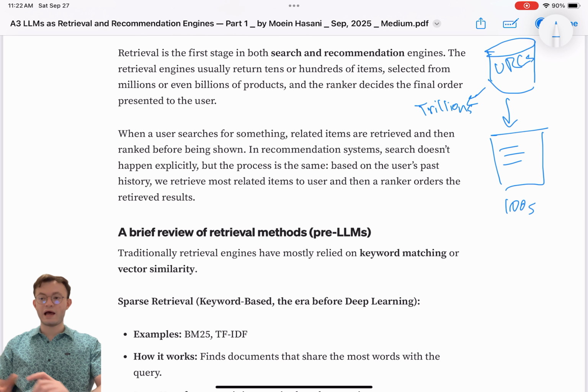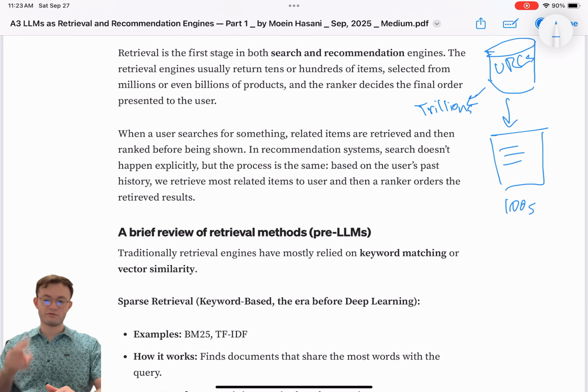And you use that, in a way, not exactly, but in a way you use the user profile as a query against your whole database to bring related items for that user. So I always think search and recommendation are kind of the same task. It's just that the way we look at the query for search and recommendation is different. But their essence is the same steps.